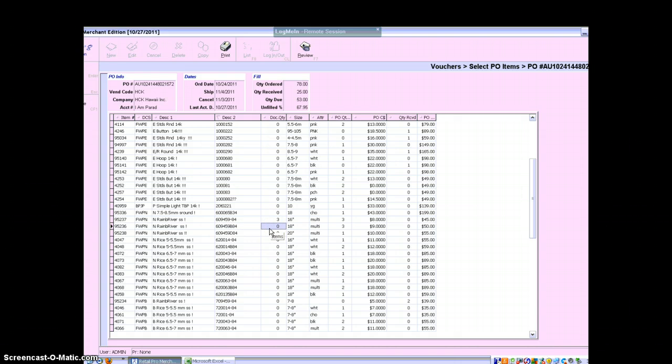Quantity 3. This is 18 inches, and it's a necklace, and it's $9. $9, 18 inches, necklace. Correct. Article 3,